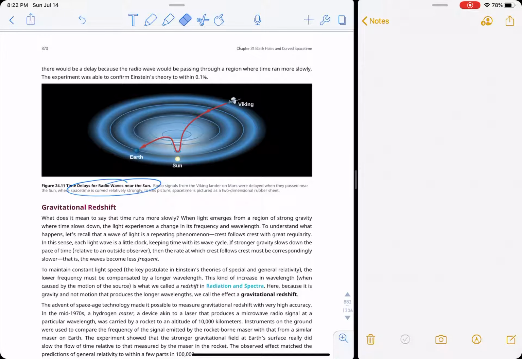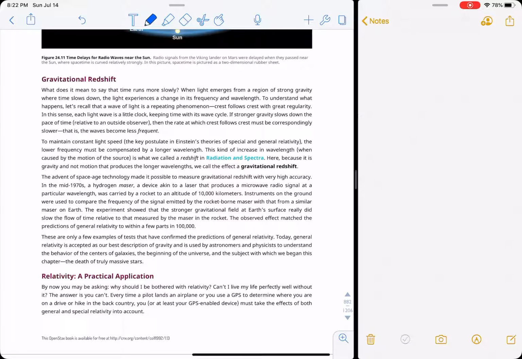And remember what that means. It's really difficult to imagine. You have to remember that the sun is here. The sun is not below anything or in some weird hole. This is just showing you that the light will go near and slow down near the sun and then speed back up. And we can draw that this way just to show that the distance is longer because the space is bent.